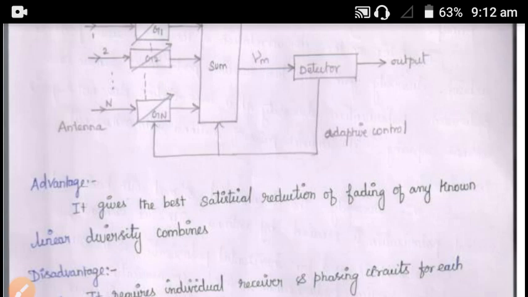So what happens here is there will be n number of signals. From these n signals, they will provide some weight for each signal according to their signal voltage to noise power ratio. Then the individual signals must be co-phased before being summed, which generally requires an individual receiver and phasing circuit for each antenna. Then it will produce an output SNR which is equal to the sum of the individual SNRs.